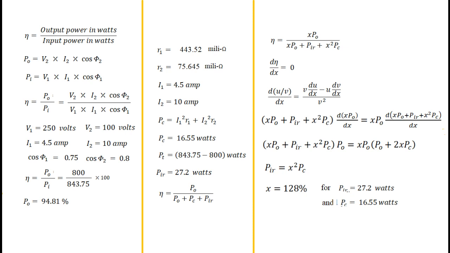Since we have estimated the input and output power of the transformer, we may find total losses at full load. After subtracting full load copper losses from these total losses of 43.75, we get iron losses equal to 27.2 watts, which are shown in the next step. The new formula that we see on screen is a variation of the efficiency formula that we considered at the beginning. This formula is useful for finding the load at which efficiency would be maximum.